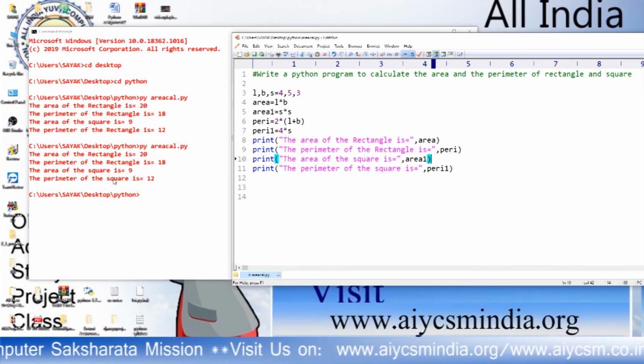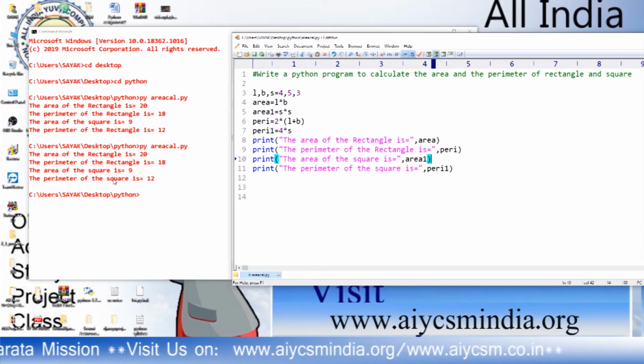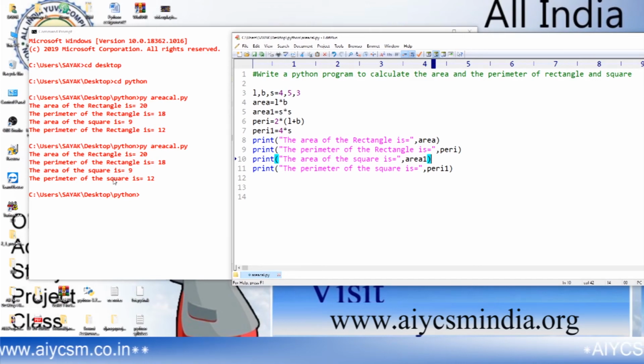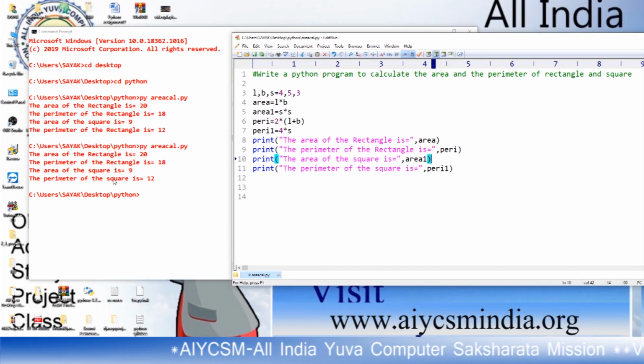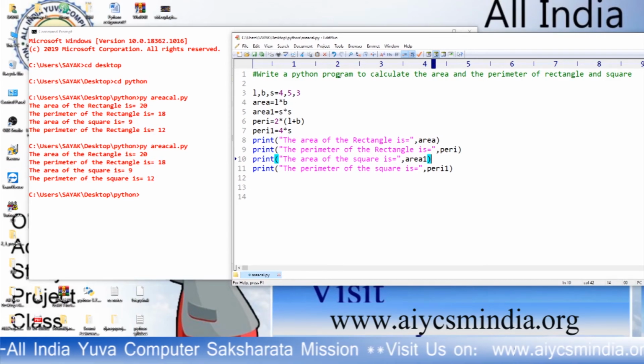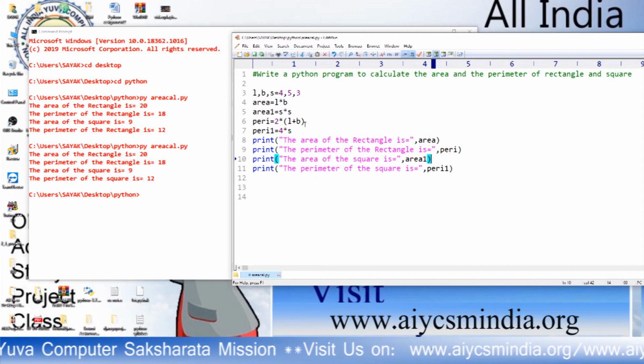This is an example of how you can write a program. We are not writing the program dynamically. Till now we don't know how to take dynamic input from a user. From the next class we will learn how to take dynamic input, after learning the fundamental data types and collection related data types in Python. After discussing the Python data types, we will discuss how to take dynamic input, and with the help of dynamic input we can create so many programs. So this is how we can write a little bit of a complex program in Python.